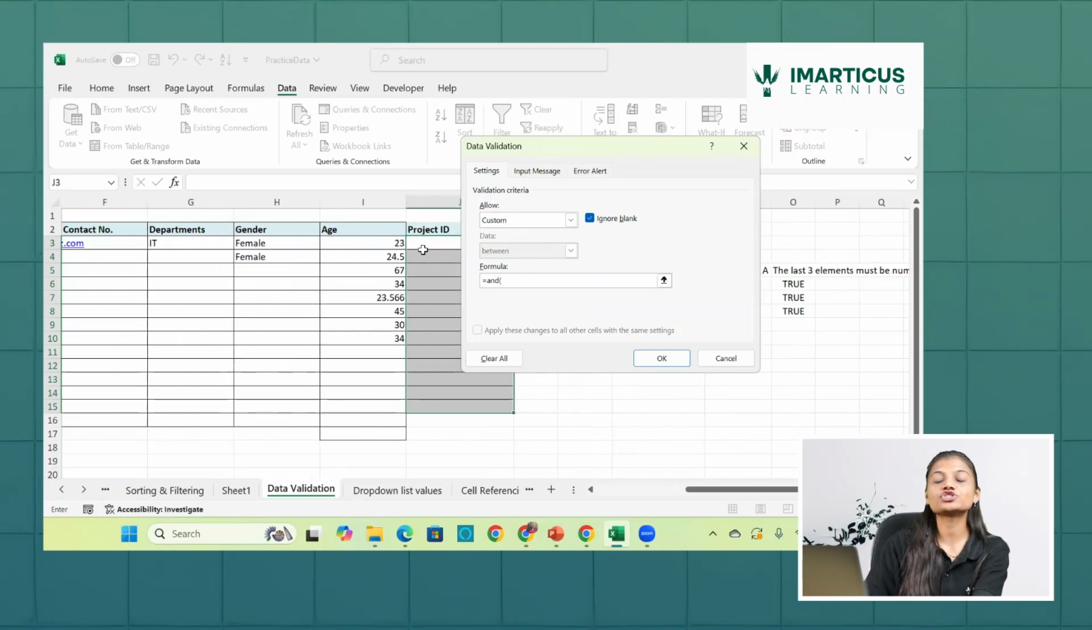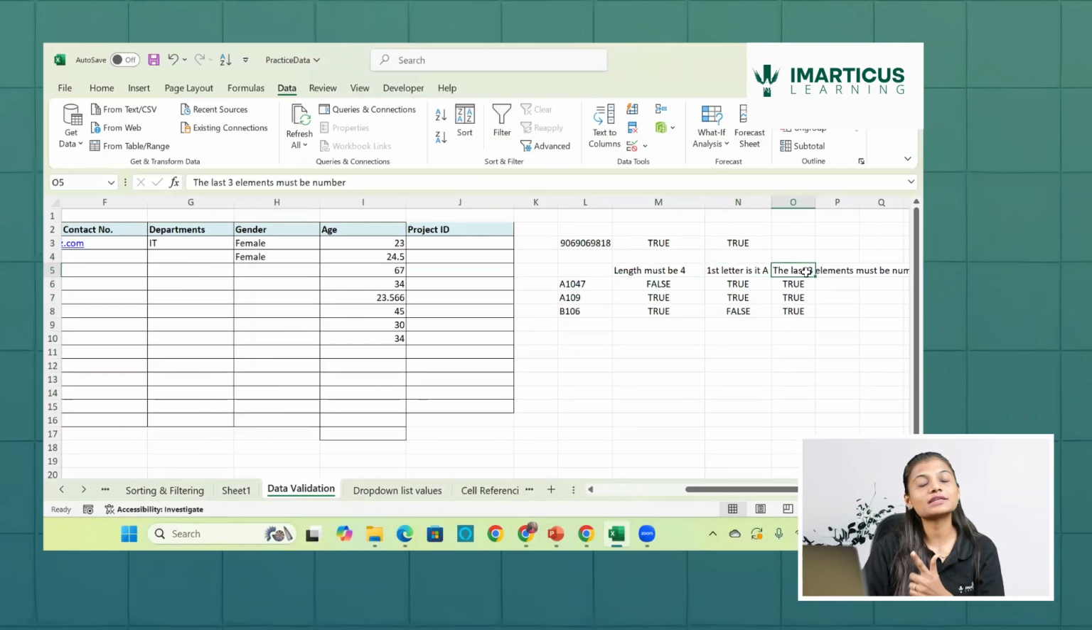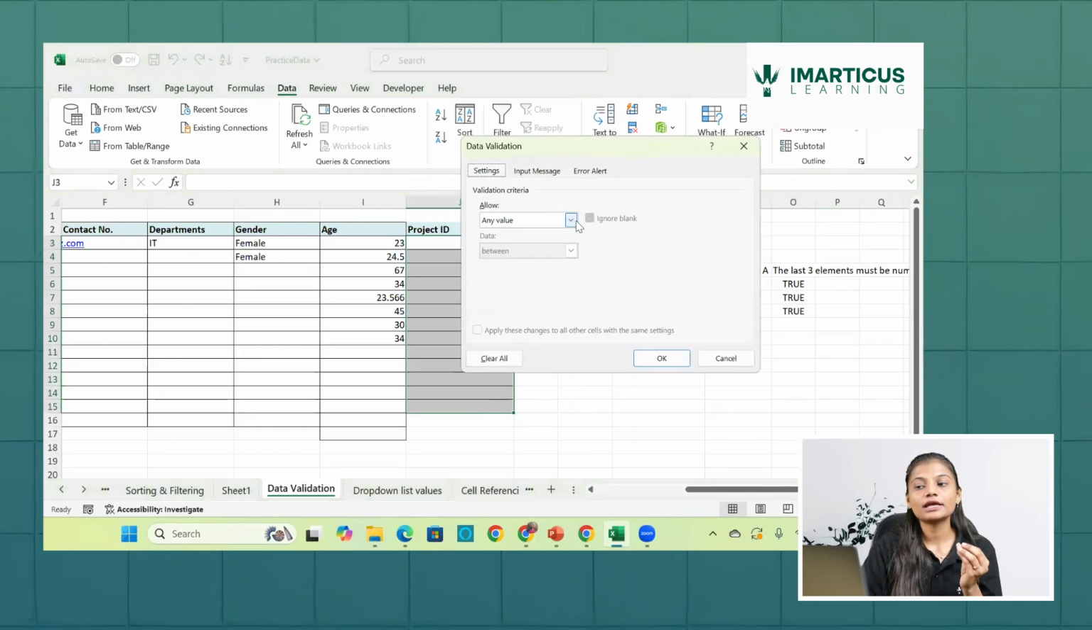So with this AND, what I'm trying to do is first check according to the criteria which we mentioned. Just check it again. What did we first check? That the length must be 4. The second check, the first character is A. The third check, the last 3 elements must be numbers. So let's go check by check. Here I have selected the range of elements. I'll go in data validation. Instead of any value, I'll go in custom. And in this custom, in this formula, I'll write